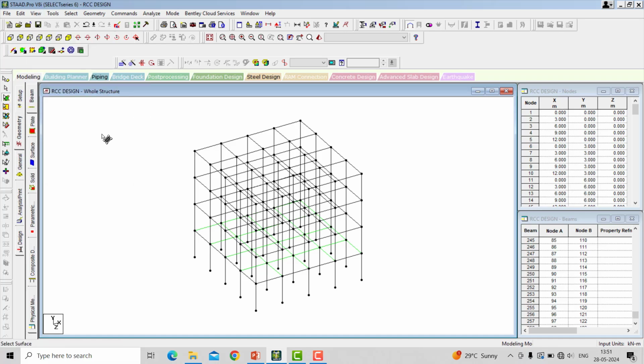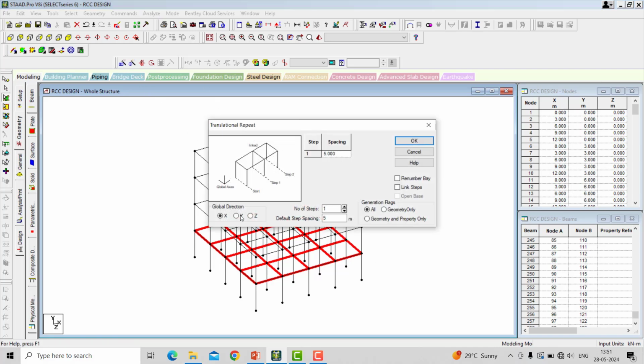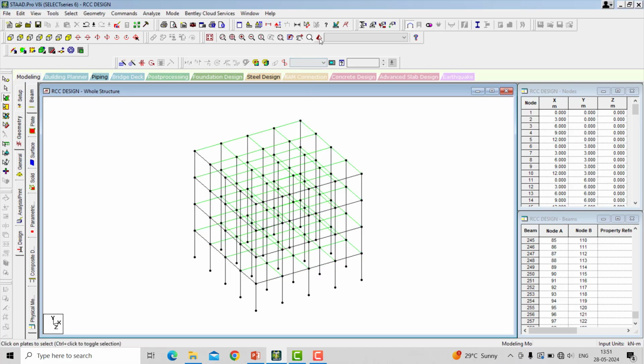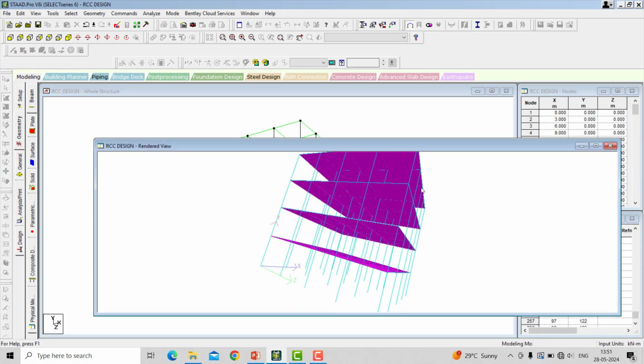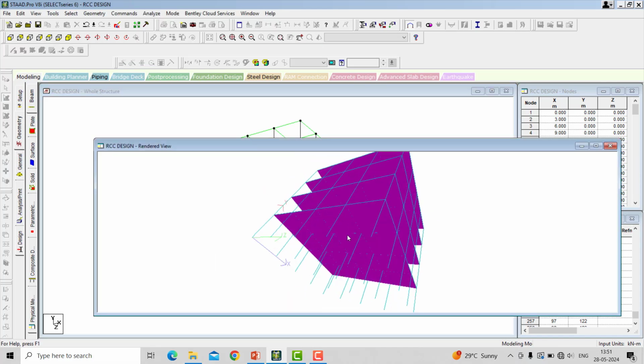By using the plate cursor, I am selecting the plates so that I can copy them in y direction. Translation repeat about y direction, minimum stories 1, 2, 3 that you can give, and floor to floor distance is 3 meter, and OK. And then go to rendered view and confirm whether you got the plate for each floor.